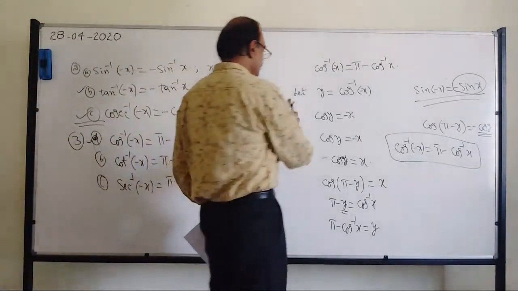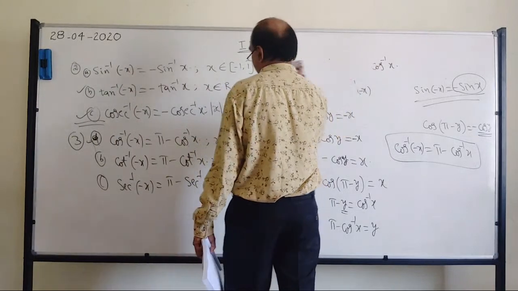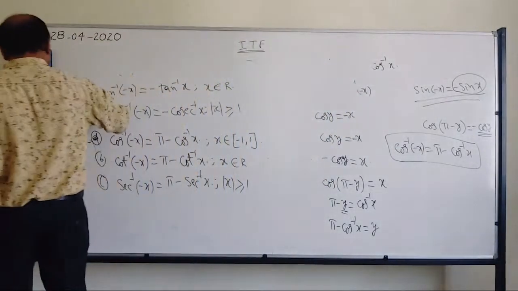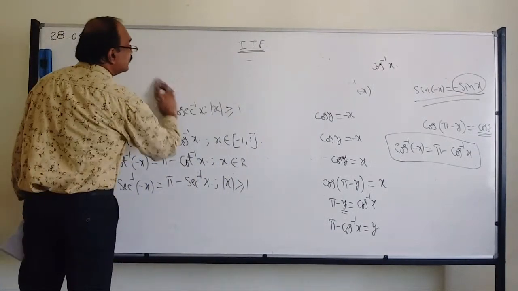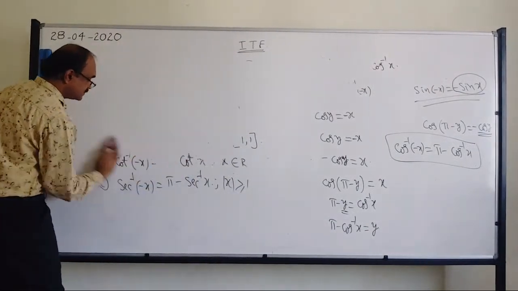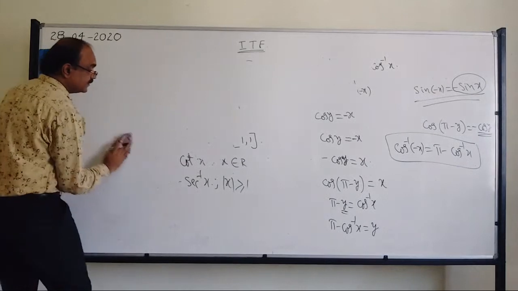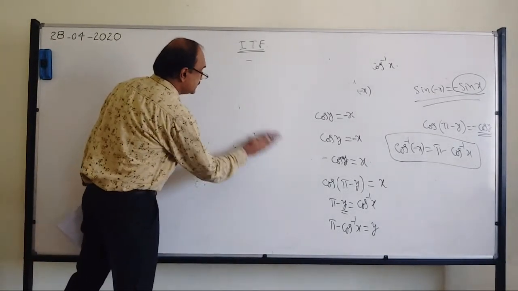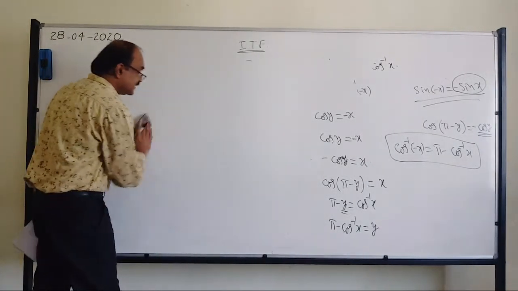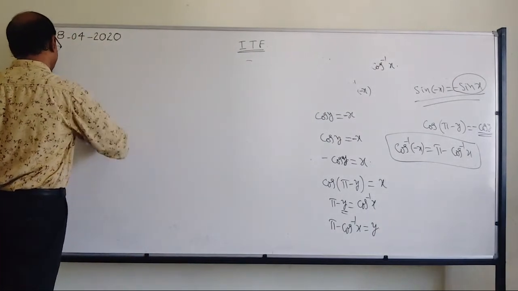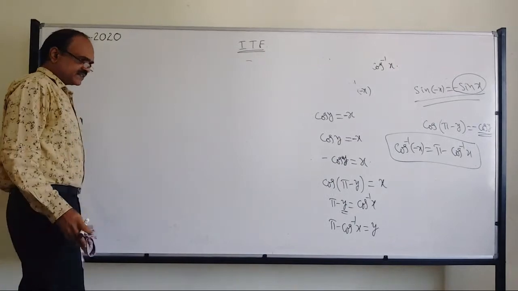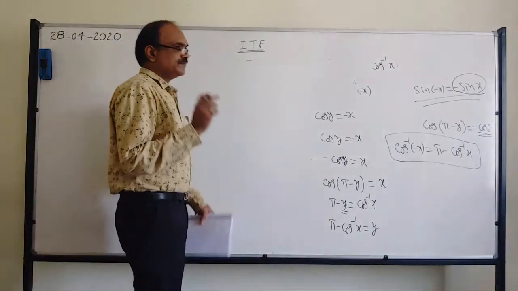Fine, no problem. Now we will take the fourth property. This is the last one today which I will discuss, and this is very important. Based on this, you will be solving many problems. So, write down this property. In trigonometry, not inverse trigonometry, just simple trigonometric functions, you have got 3 identities, very important. What are those?